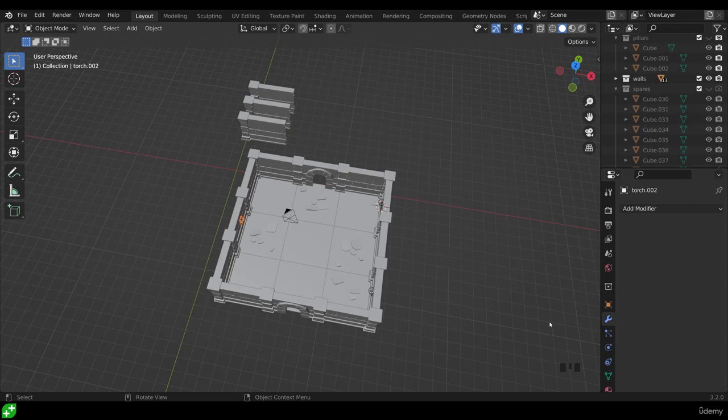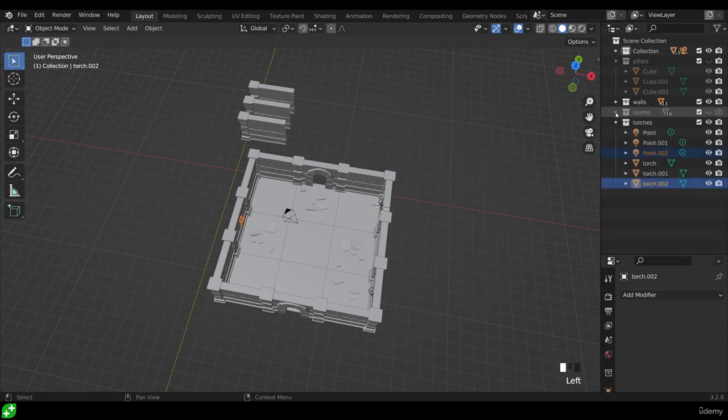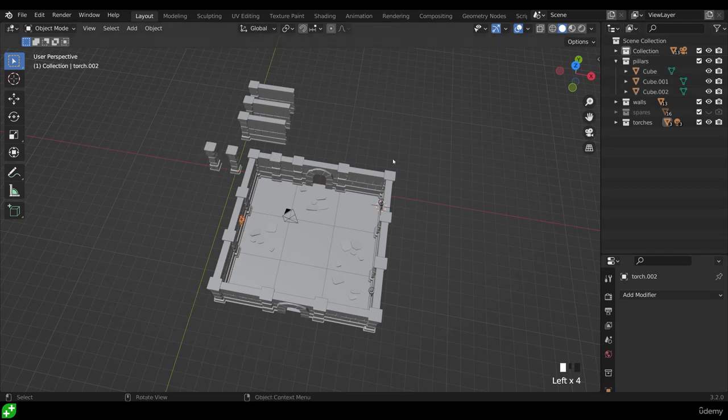So we're in a good position now where we can start building our dungeon. First of all, I'll do a tiny bit of organization. So I'll bring down the outliner, I'll minimize the spares and the torches for now. I'll bring back the pillars, and I want to move those across to the side so they're not interfering with